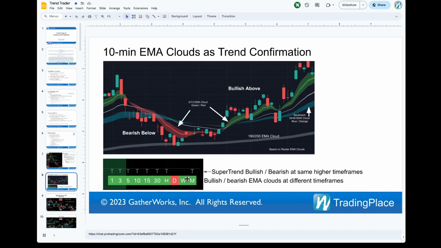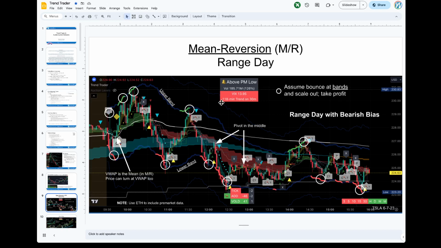And then this helps you to see the higher time frames without having to switch charts out to every time frame. And then the indicator will also tell you if you have a bullish trend on higher time frames and for how long it's been like that. So on all my charts I put in the bottom right corner, I try to tell you what the ticker is and what the day was. So if you want to go back and look at Tesla on 6-7, you can go and recreate this. And you'll see it will look a little bit different because I constantly add new features.